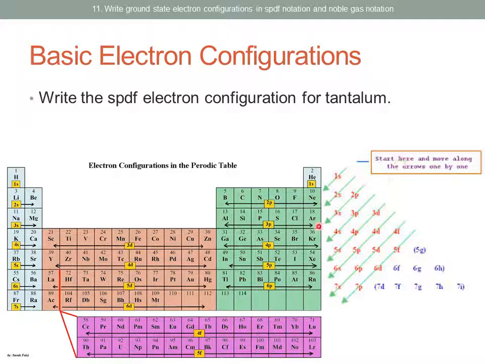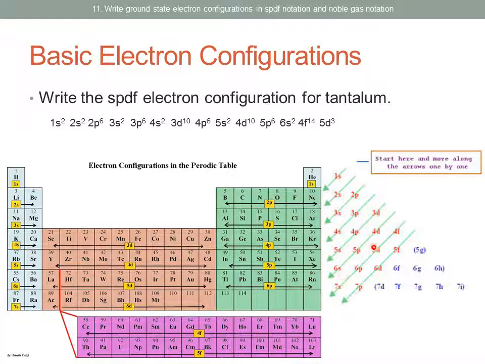So just follow the chart up to 5d, and then once you get there, just put in the 3 electrons because it's 1, 2, 3 elements over on the d block. So 1s2, 2s2, 2p6, 3s2, 3p6, 4s2, 3d10, 4p6, 5s2, 4d10, 5p6, 6s2, 4f14, 5d3. So here's the first time we've ever seen an f sublevel in our configurations, and that just comes from